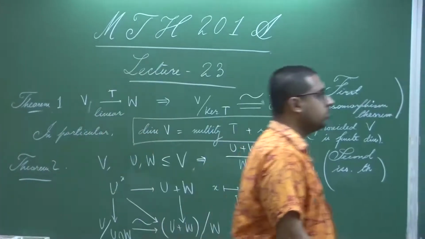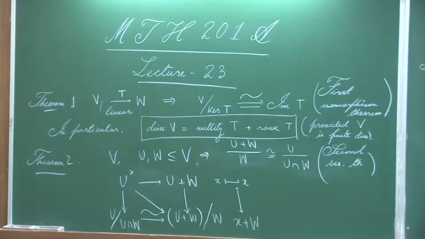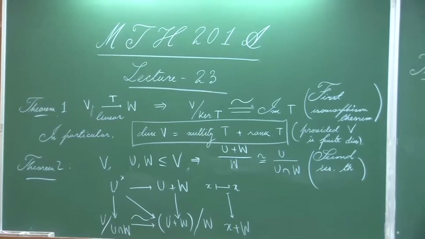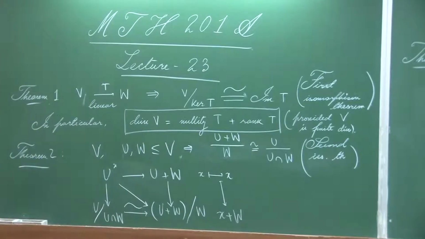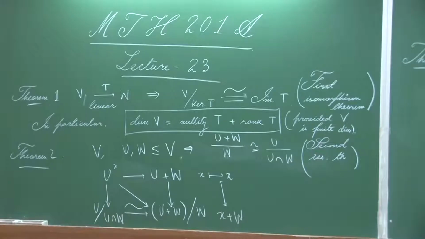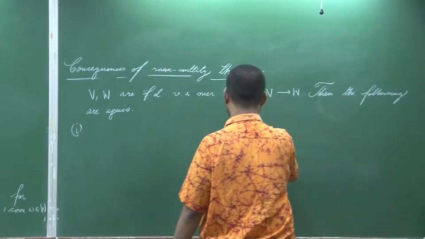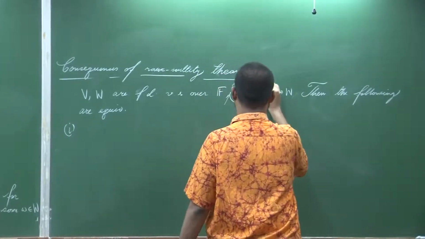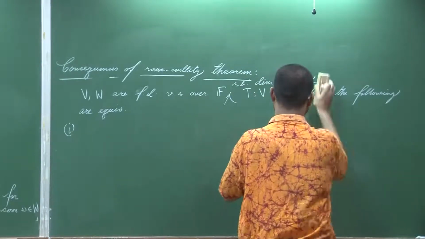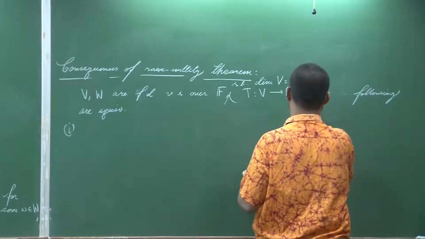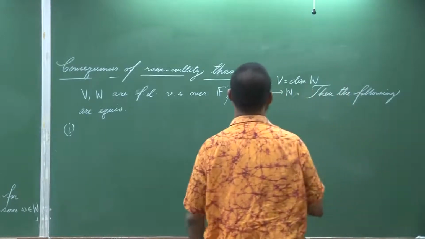Okay. So suppose T is injective. T is injective if and only if we know that the kernel of T is trivial, therefore the dimension is 0. Now I need to assume one more assumption, spaces such that the dimensions are the same,